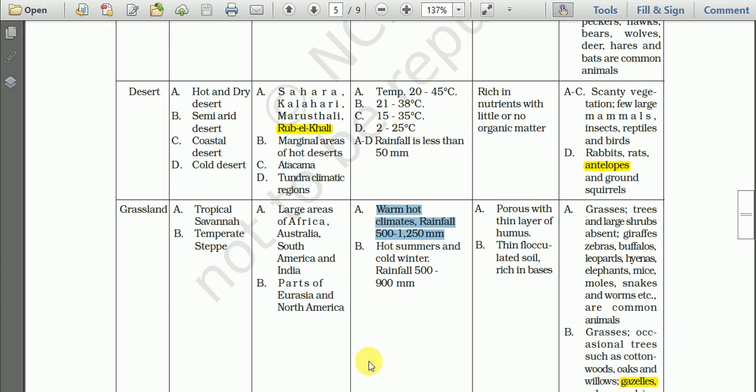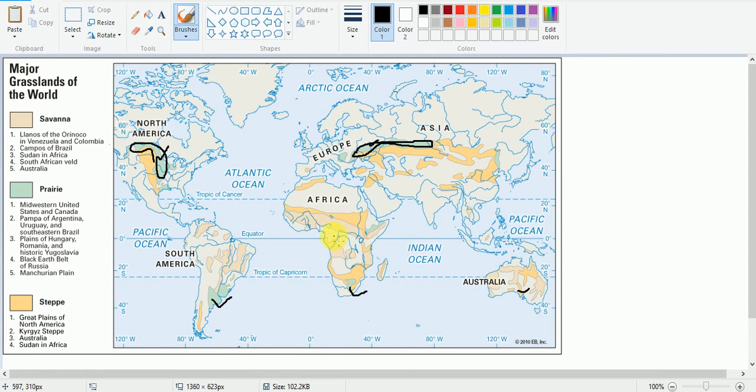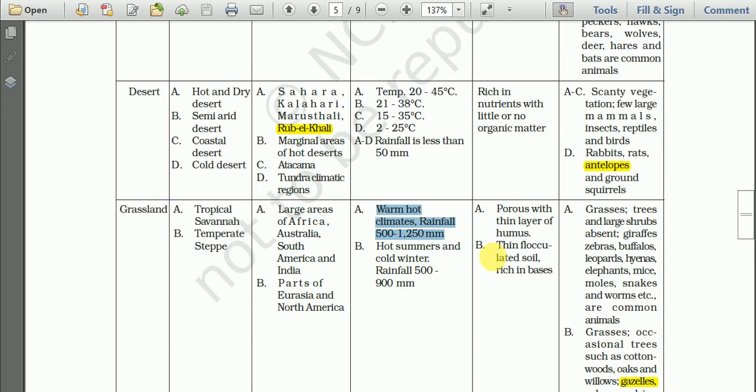Just see here, it is here, and even India also, in this area, then here in Australia also. And here also. So here also we find these savanna areas in South America. Then for the temperate steppe, hot summers and a cold winter, rainfall ranging between 500 to